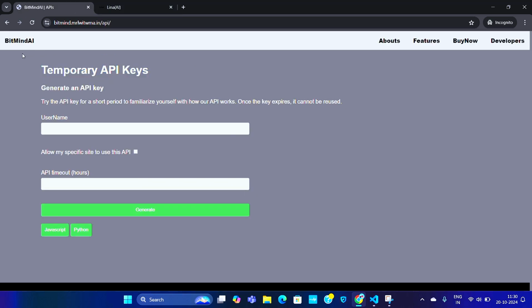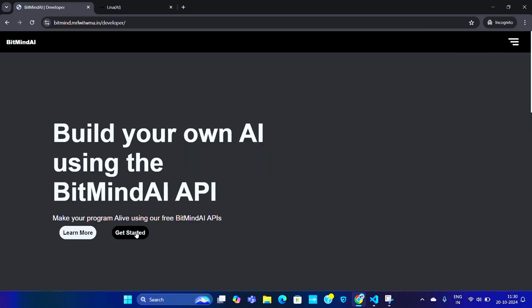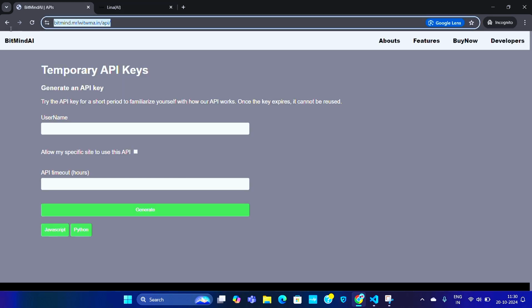It's a free, temporary API with a time limit of 4 hours, so the API will expire after 4 hours. For that, just go to bitmine.mrlithma.in. Then for developers, then get started. You'll be redirected to